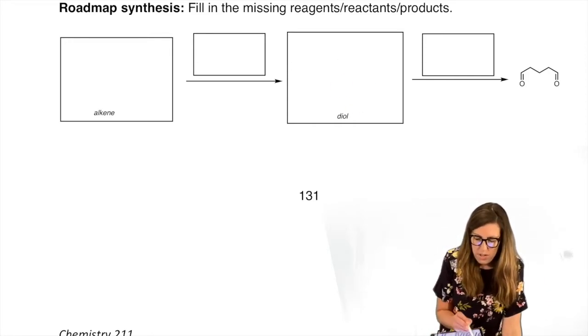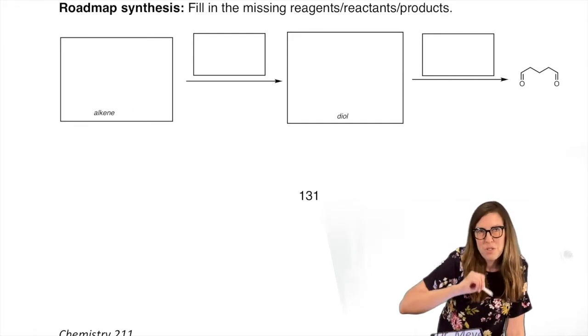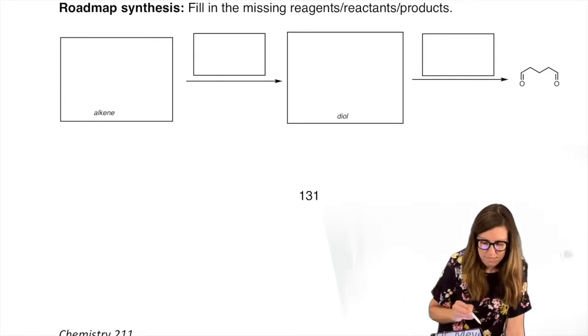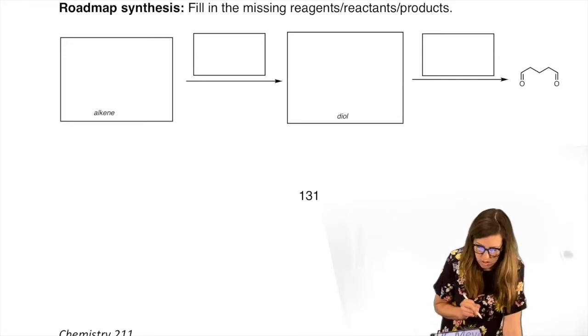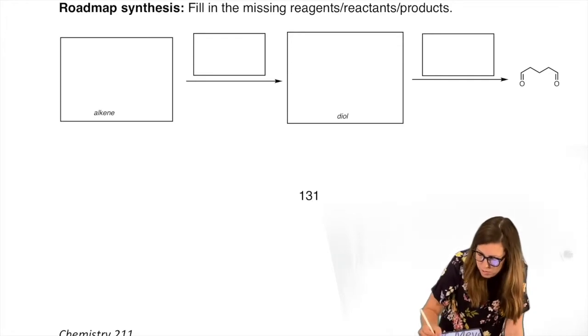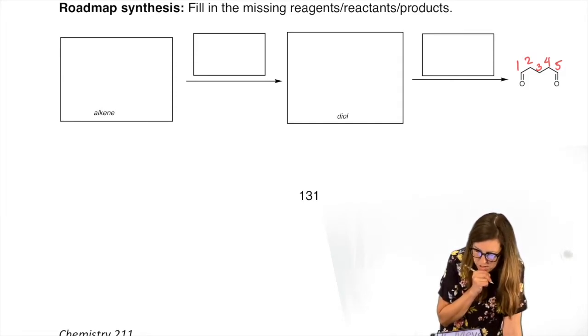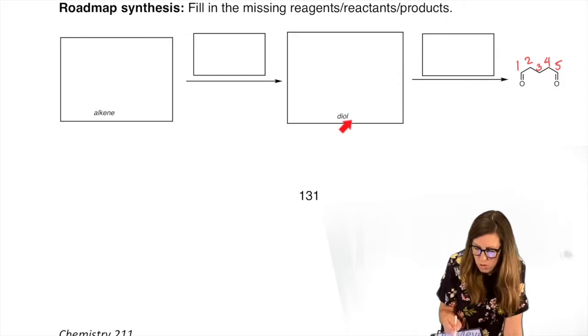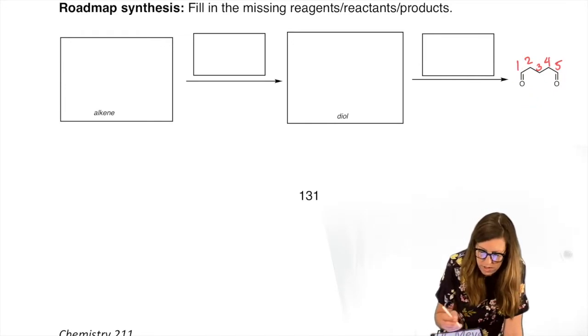So here's our diol I want you to draw, and I want you to come back to the original alkene so we can put this all together. So I suggest you pause now and try to fill it out. I'm going to keep going so that you can get the answer when you're ready. Okay, so I'm going to count carbons. That's always recommended. 1, 2, 3, 4, 5. Okay, so if I cut that into 2 pieces, I must have had a syn diol, right? Because the roadmap is requiring me to come up with a diol. So if I had a diol and I made 2 carbonyls, I must have had a syn diol with 5 carbons in a ring.